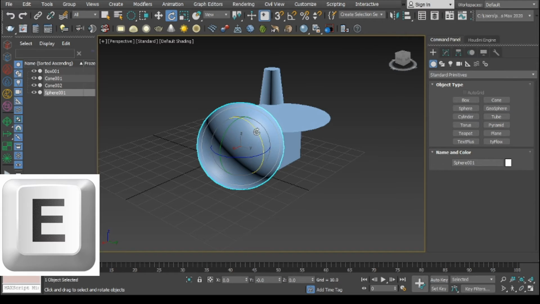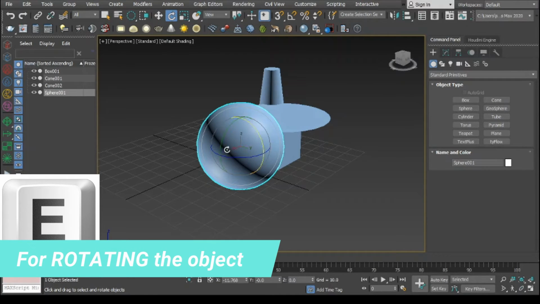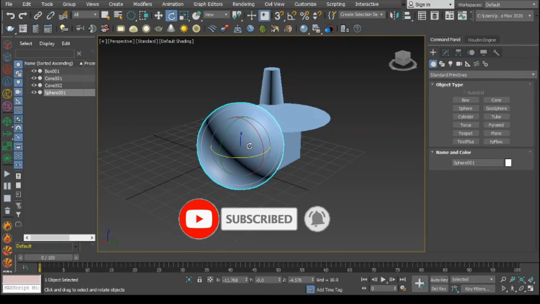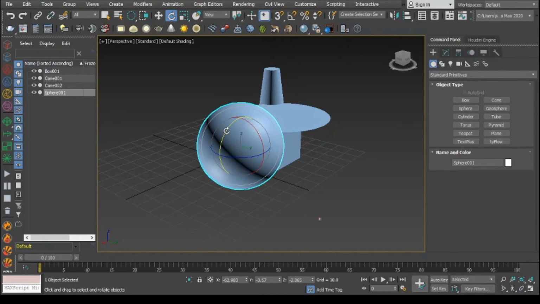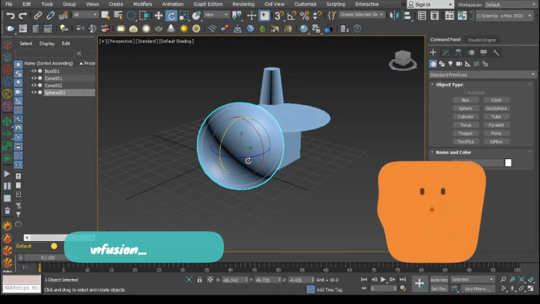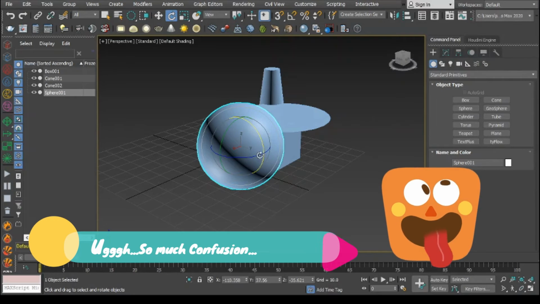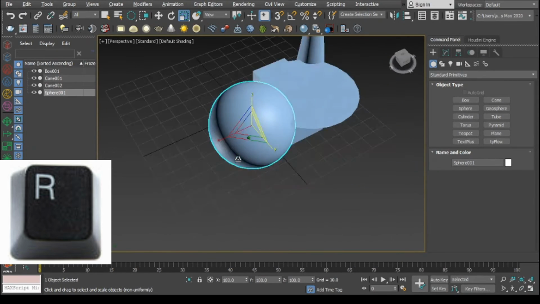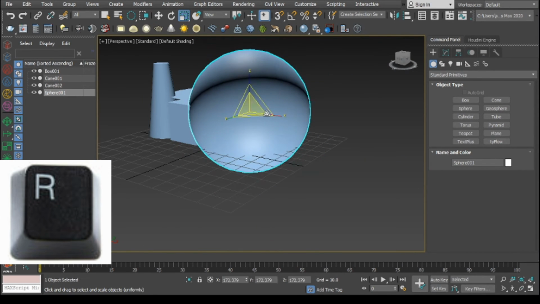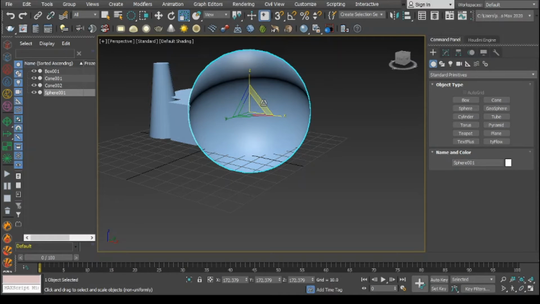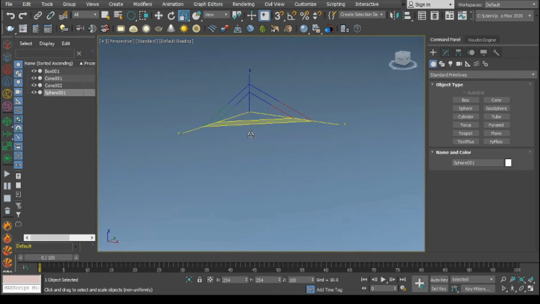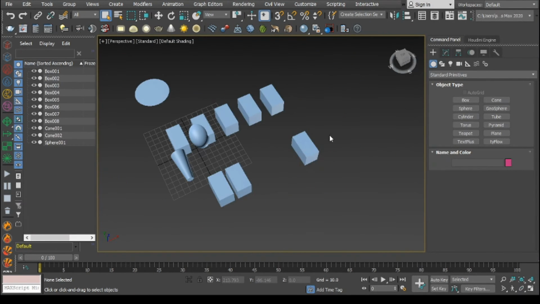And if you press E, you can see the gizmo changes. If you press any of these axes, you can see this is x axis and this is y z. So if I am moving it here, means I am moving it in z axis and y. This means y axis, and this is x axis. Okay, and if I press R, it enables the scale tool. You can scale the object. Here you can also see the two axes highlighting. Means you can scale it in the x or z axis, or z or y axis, or x or y axis.